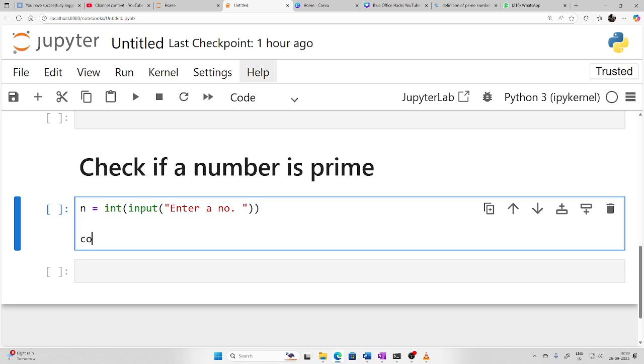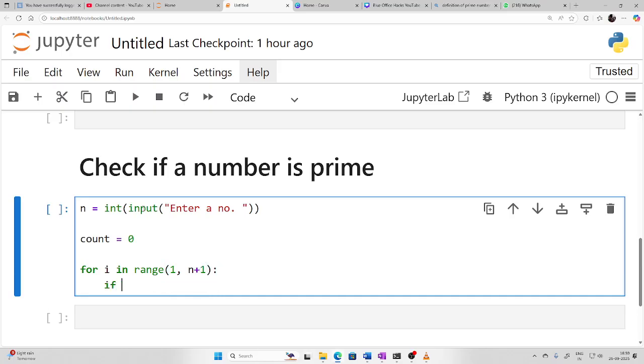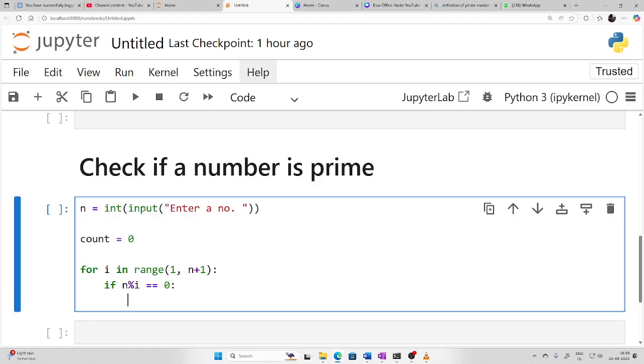then I have to use a counter for checking how many numbers are dividing a given number n, and if that count comes out to be 2, then it is prime, otherwise not. Okay, so for i in range, I have to start with 1, correct, and go up to that number itself. So if I write n, it will be 1 less than that number, so I have to use n plus 1. Then if the number is divided by i completely, means the remainder comes out to be 0,